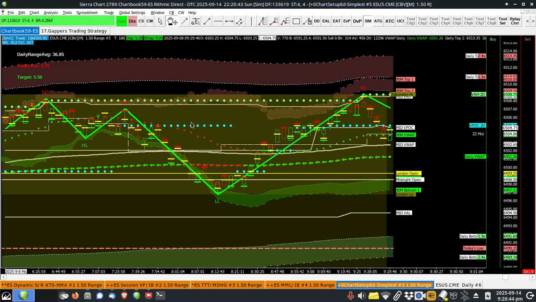Well, here's what happened. What was the change of behavior right here? Change of state was that 3-day VPOC, 2-day VPOC, moved down. When you have a VPOC shift, it's usually significant. And usually when you have a VPOC up here above price action, it's supporting the downside move. So if you wanted to be really safe and you missed that move right there, wait until price action